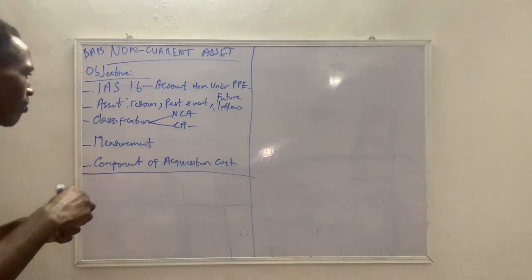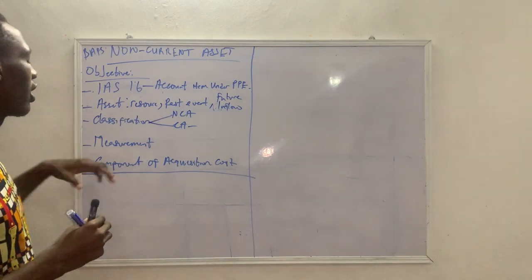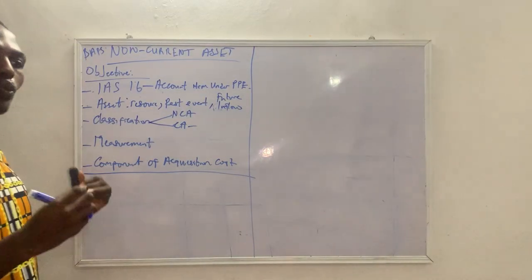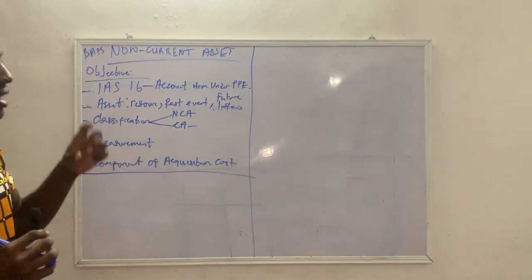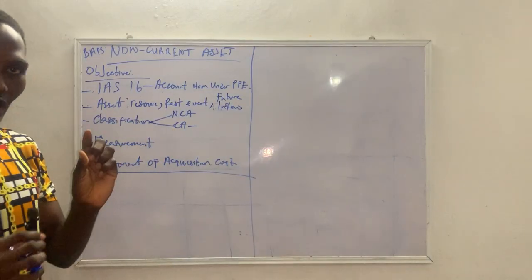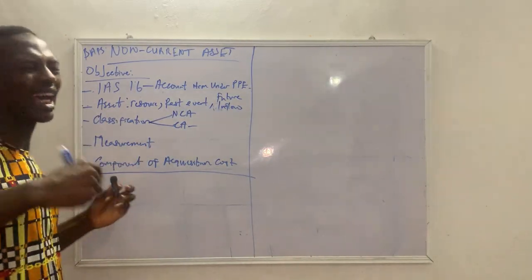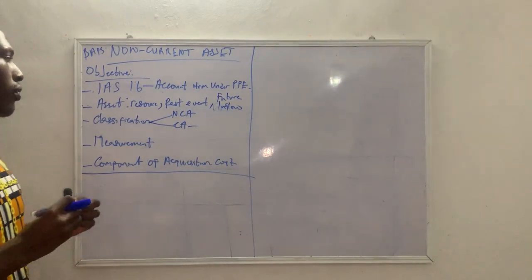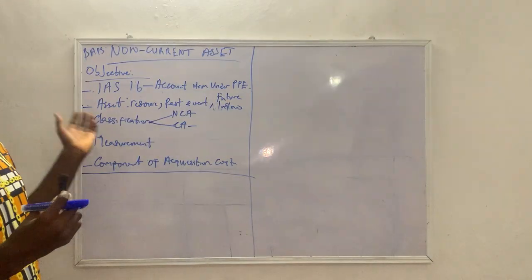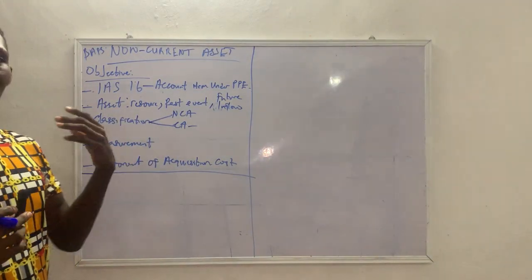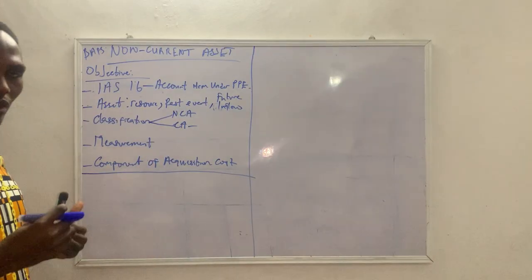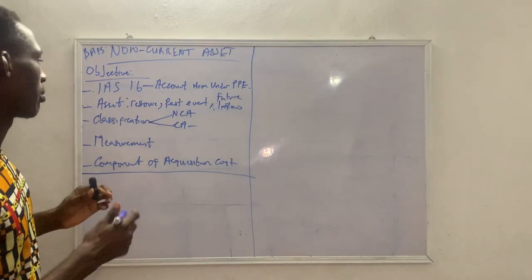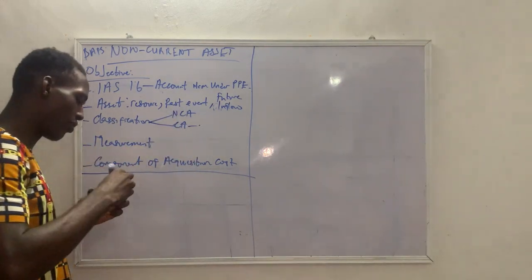So current assets are resources as a result of past events, which are expected to bring in future inflow within an accounting period. Now, when I say an accounting period, I'm talking about 12 months. That is 12 months after the reporting date. You will get to know what this is. So, examples or items of current assets, we have our inventory, we have our cash, we have our prepaid expenses, and we have our accrued income and the likes. We also have other receivables, but that's not our focus for this class. Our focus is on